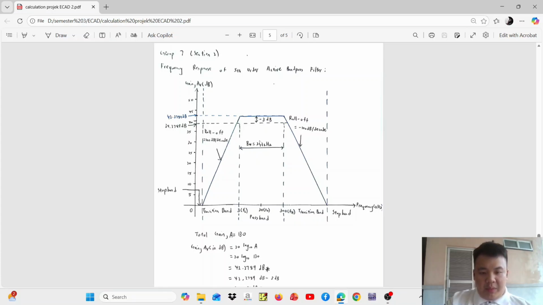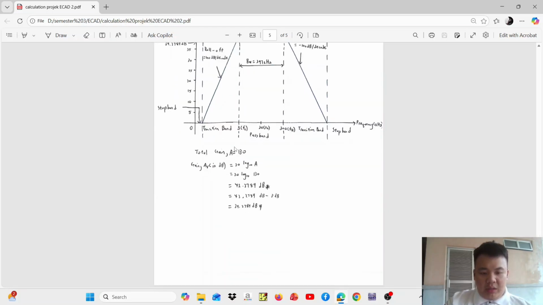Lepas tu pass band, lepas tu transition band adalah low pass filter, roll off sama dengan negatif 100 dB per decade. Lepas tu stop band. Lepas tu kita nak tolak 3 dB. Okay, tolak 3 dB adalah sama dengan